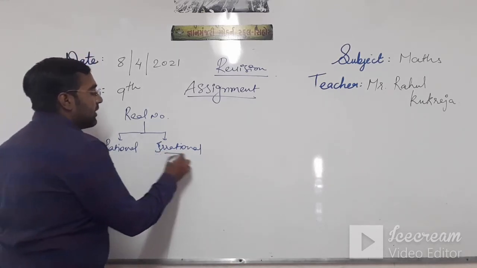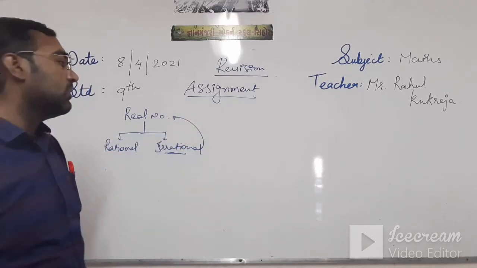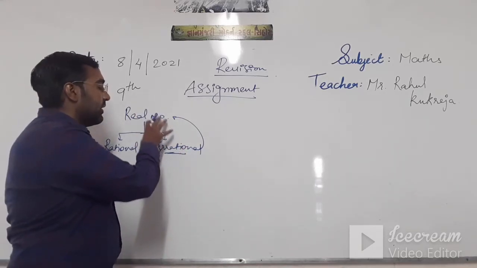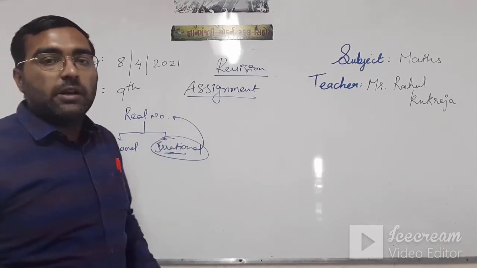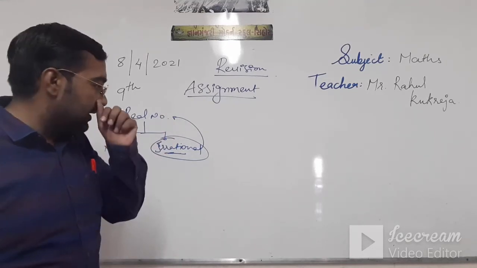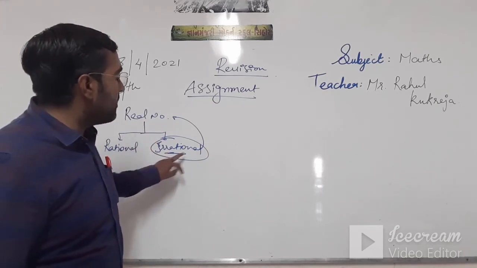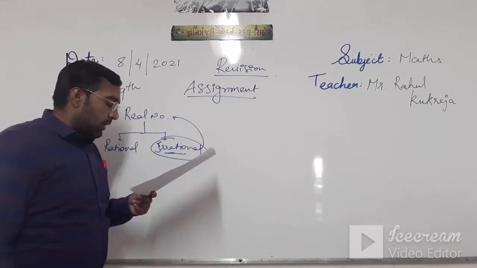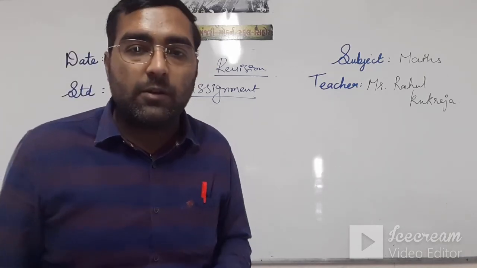All the irrational numbers can be called real numbers. That is true, because all irrational numbers lie under real numbers, or come under the type of real numbers. Irrational numbers are defined under real numbers. Then all irrational numbers are real numbers, that is true. Okay, for question number 27, the answer will be true.